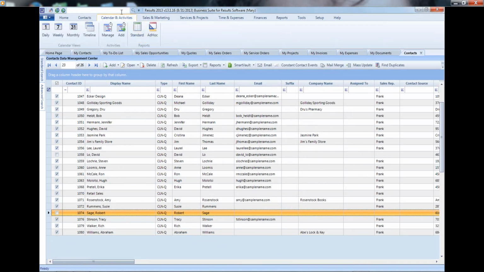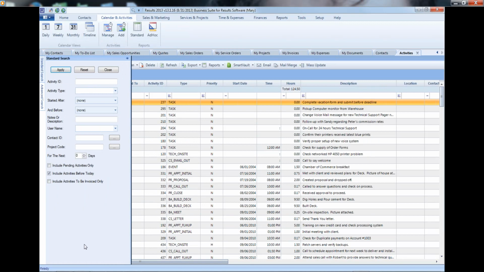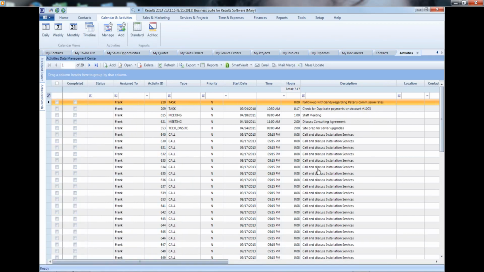So we're going to go to the Activities area. We're going to go to Manage Activities. We're going to go to the standard search, and we're going to let the system help us find what has been assigned to Frank. So we're going to click on the drop-down, say what has been assigned to Frank that's still pending. So we're going to click Apply, and you'll notice that there are a number of things that are